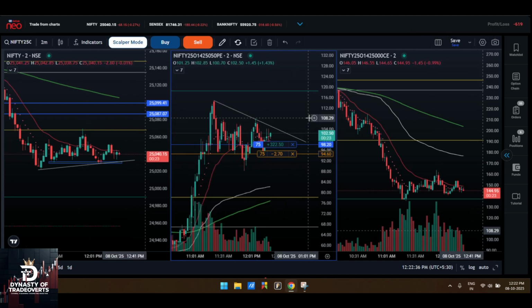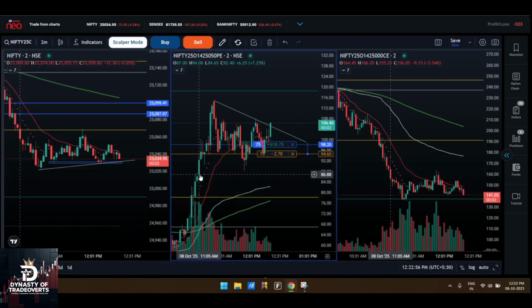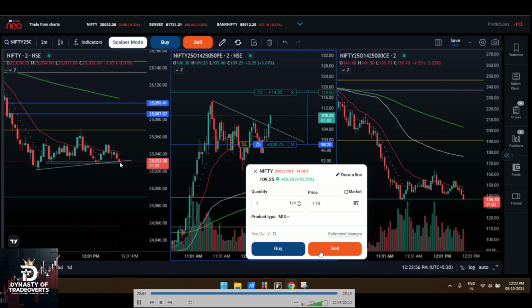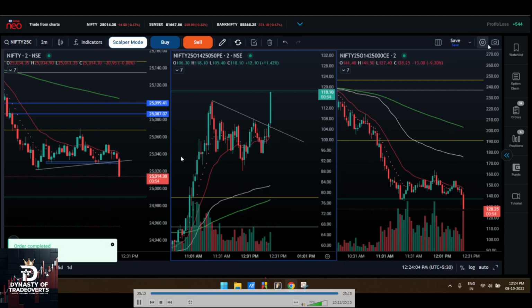There is a trend line coming from the top on the PE chart. Okay, I see the trend line is getting broken. I'm ready with my target price of 20 points. Okay, see, Nifty is trying to break down from the support area. I have placed my target price order. See the sudden spike. Yeah, and my order is